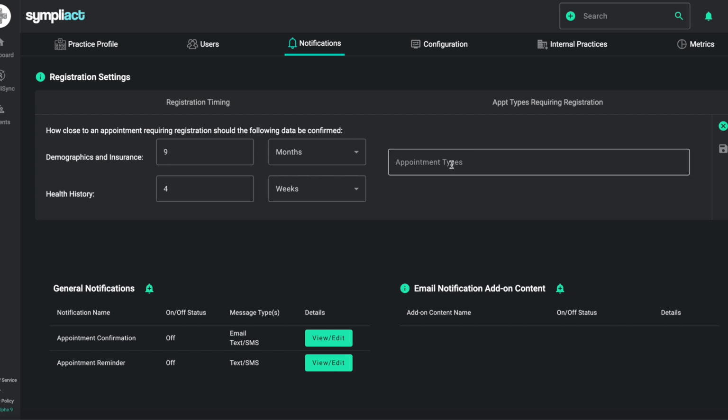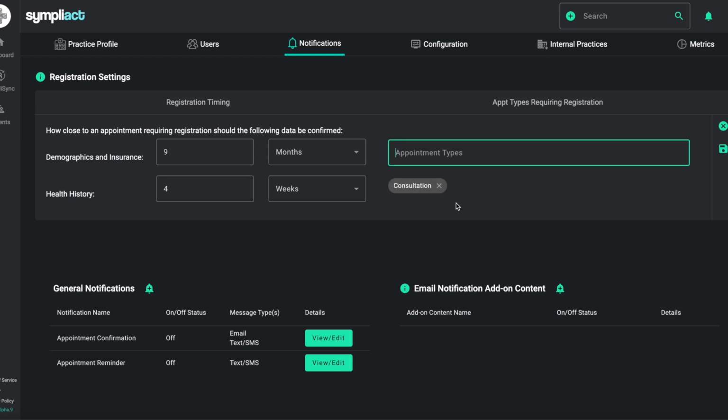And then this section to the right is where we're going to tell the system which of our appointment types that we've configured it should actually ask the patient to register for. So for a post-op appointment, we're generally not going to, it's not really pertinent that the patient registers for that appointment, but for a consultation, for sure, we're going to want the patient to register for that. For a consult and surgery. And then when it comes to surgery,